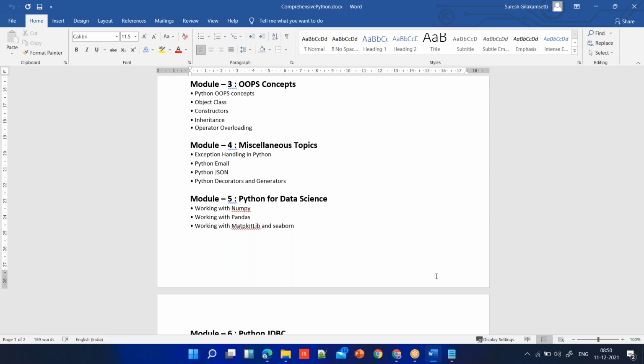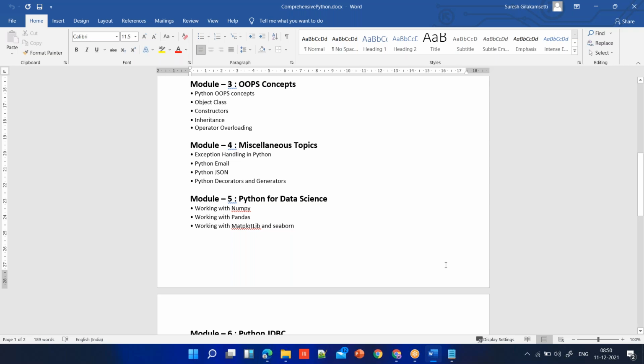Though you are developing a data science application, a data engineering application, a web application or a testing application, all these modules will be used. But from module 5, this is completely relevant to data science, and I'll be covering 4 key modules, guys: NumPy, Pandas, Matplotlib, and Seaborn. Like I said, from module 5, I'll not be dealing with any module extensively. It will give you a high-level idea on how Python can be used in these areas.